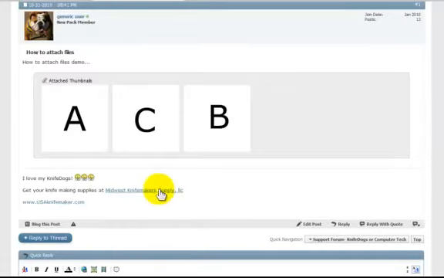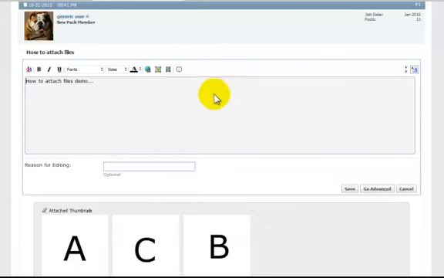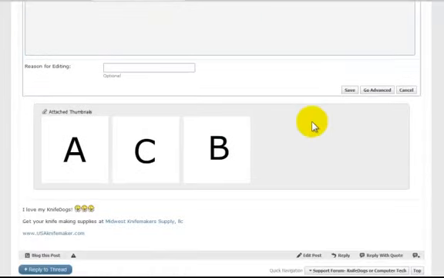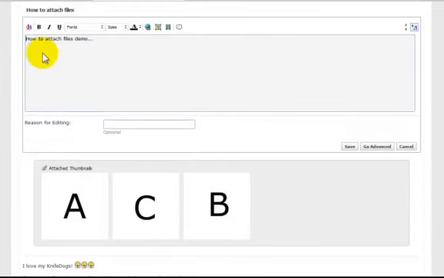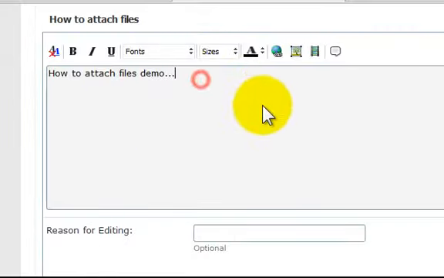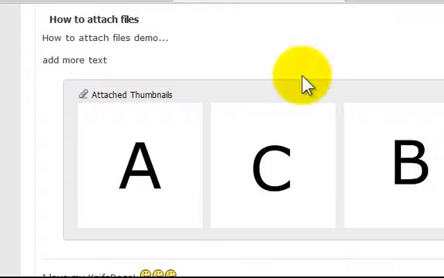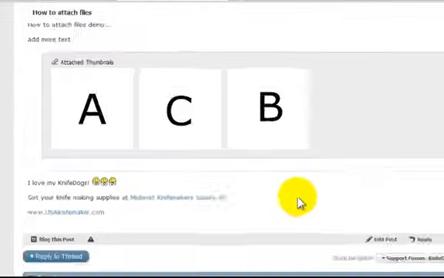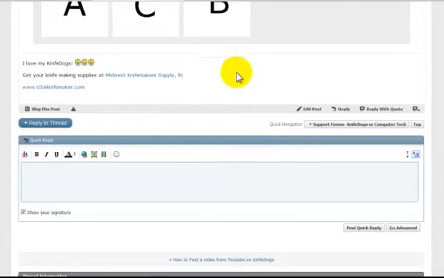So let's go back, and now if we want, we can edit that post, and there are no tags available for visibility, but we can still add more text. Click save, and there's the text. Now let's look at another way,